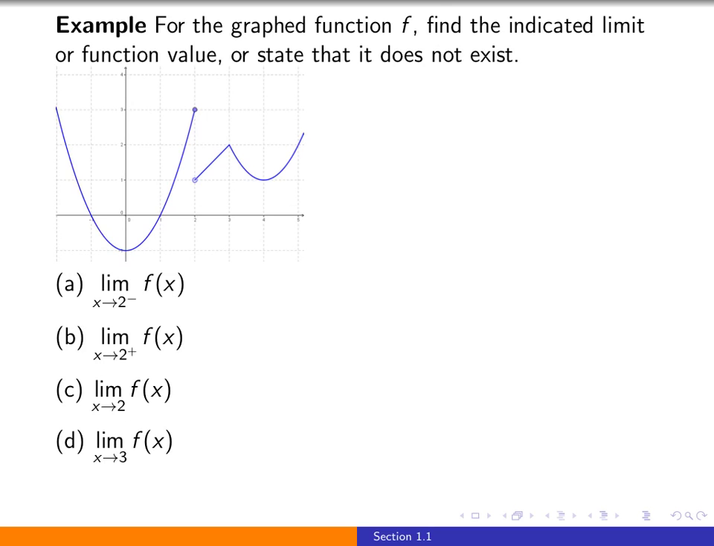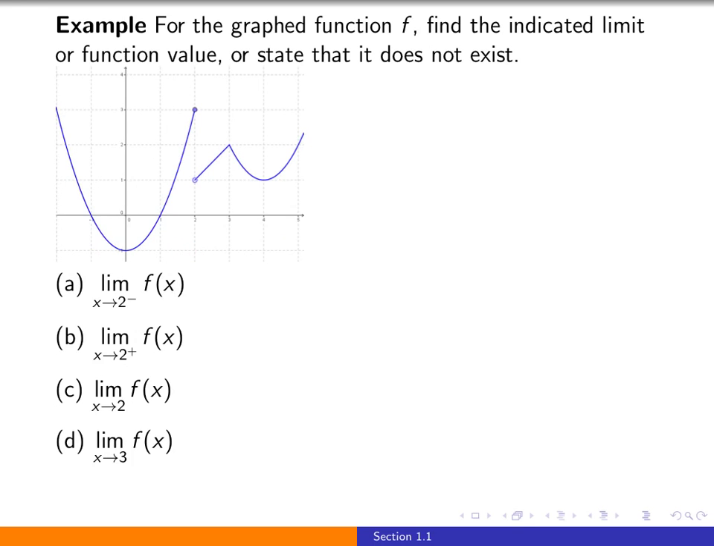In this video, we will investigate several more examples of limits from a graphical perspective and introduce the concept of one-sided limits. So considering in blue here the graph of a function f, we would like to answer